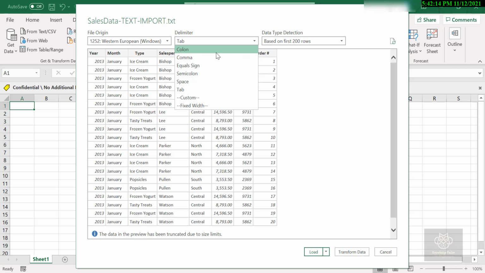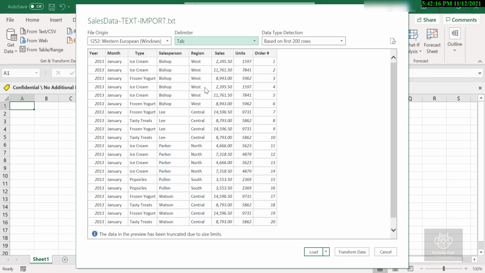So I keep tab, as per my text document. Excel does a good job of identifying that for us. Typically, sometimes not always completely accurate, but you can choose your delimiter right there. It is basing this off the data of the first 200 rows. You do have some other options here, but for performance reasons, the first 200 sounds good.